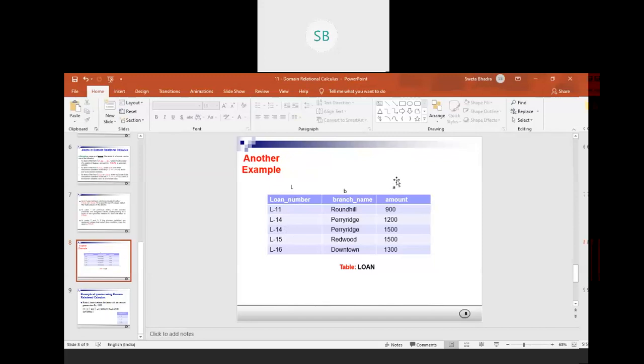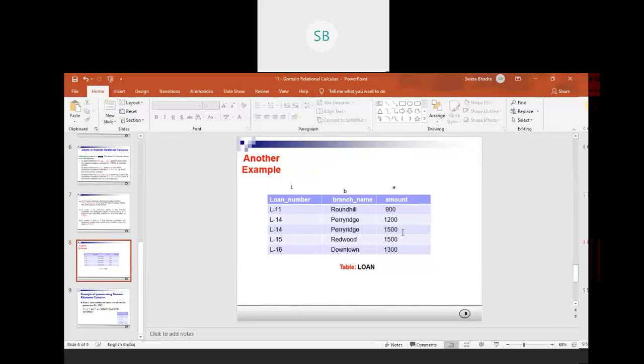So what was the query? The question was to retrieve the loan numbers whose amount is greater than 1200 rupees. That means we need to retrieve these three tuples, L14, L15, L16, because the amount is greater than 1200. That is how we do it manually, right?